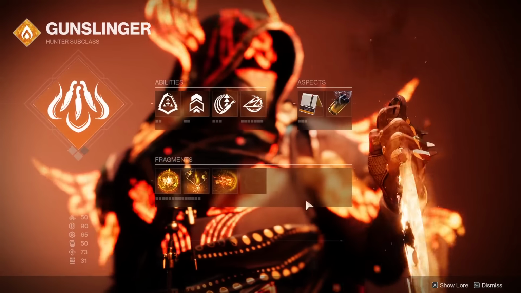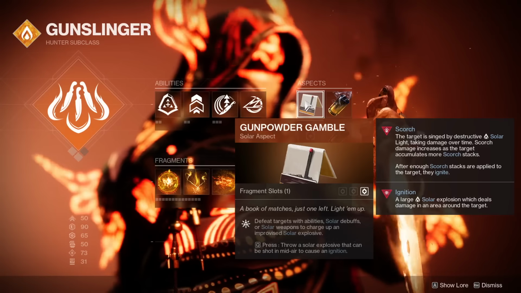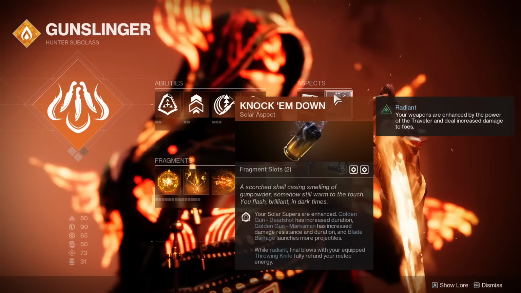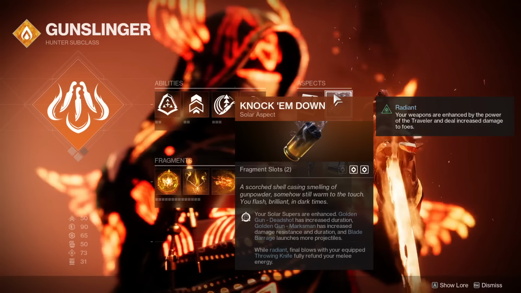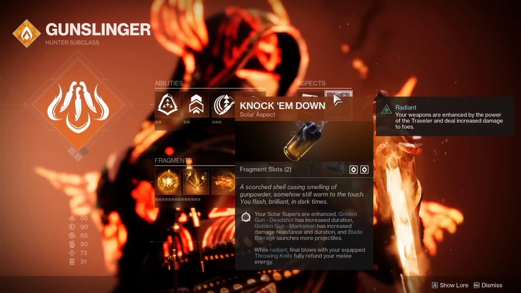But yeah, let's just go over quickly this stuff before we get into the mods. So Gunpowder Gamble, really good for getting that new grenade, which is a big AoE. Knock them down, gives you more projectiles on your Blade Barrage, and gives you that Radiant Throwing Knife refund. So you really want to use this one. The extra Blade Barrage projectiles is very nice for Shards of Galanor as well to get more super back, more